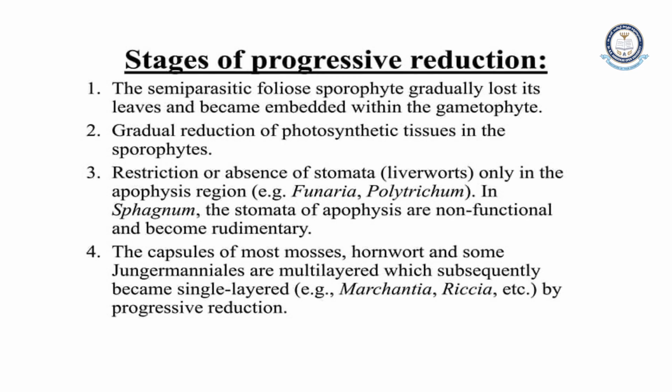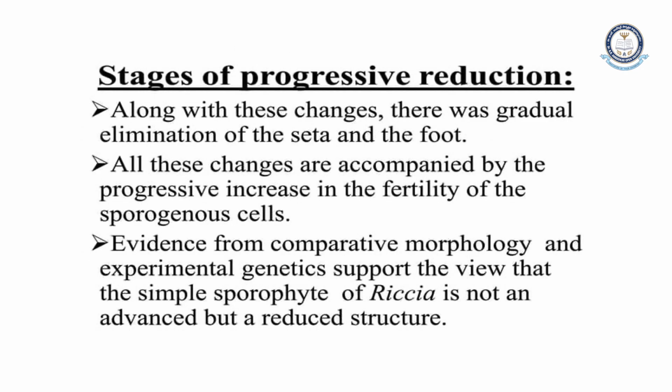These are the progressive reductions. Along with these changes, there was gradual elimination of the seta and foot. All these changes are accompanied by a progressive increase in the fertility of the sporogenous cells. Evidence from comparative morphology and experimental genetics supports the view that the simplest sporophyte of Riccia is not an advanced